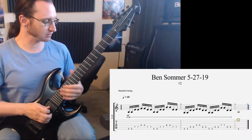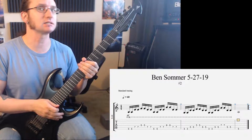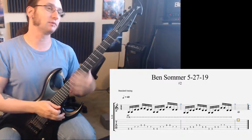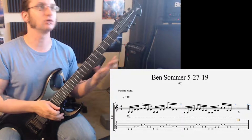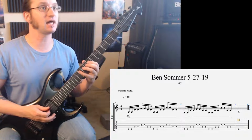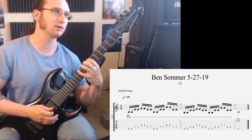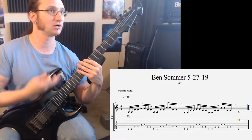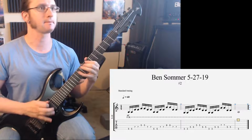When I'm playing stuff at that pace, I'm definitely having to mute with my left hand quite a bit in order to not hear all those other strings. So that's one reason why we have our fingers fairly flat when playing all this shreddy stuff, to mute all the adjacent strings. Because if I had them up all on the tips, you hear all that extra string noise there? Versus...